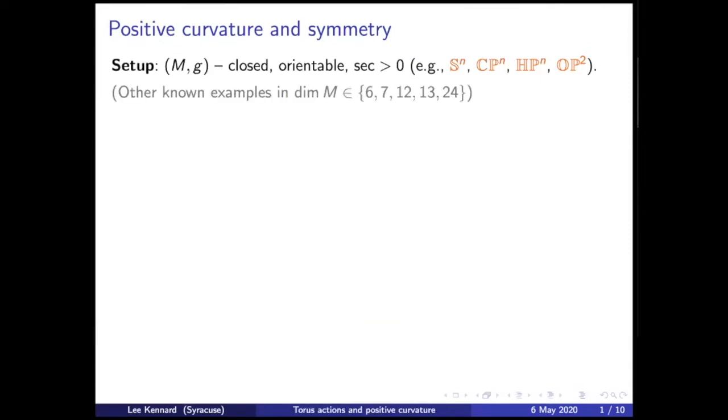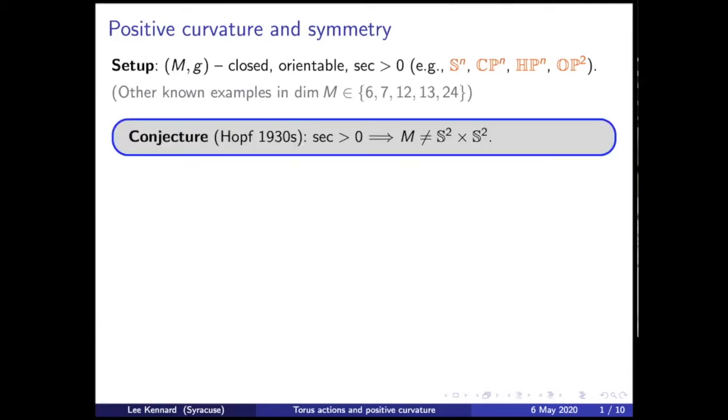Beyond these classical examples, there aren't that many examples known. In fact, there's just a few isolated examples. There's infinitely many, but if you put them into families, there's really not that many. In particular, in dimensions above 24, there are not any. On the other hand, there aren't that many obstructions. Of course, things like positive Ricci curvature or non-negative sectional curvature imply obstructions. But beyond those, in a simply connected case, there are no known obstructions.